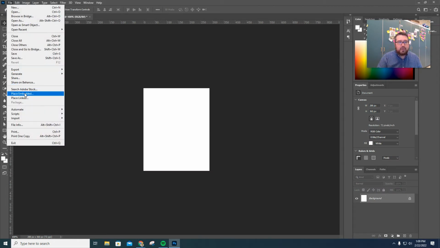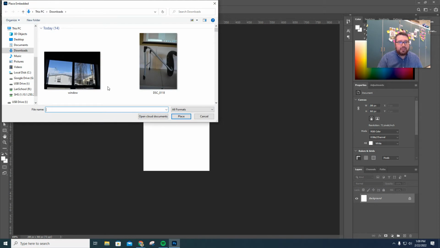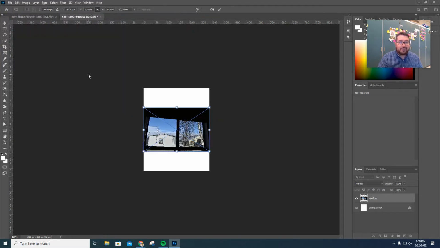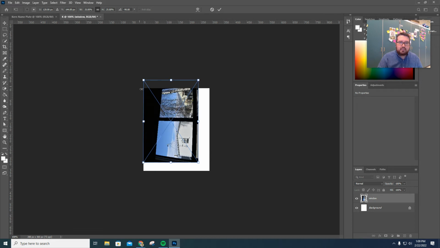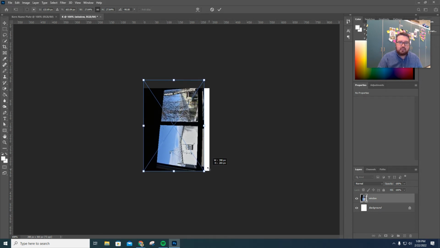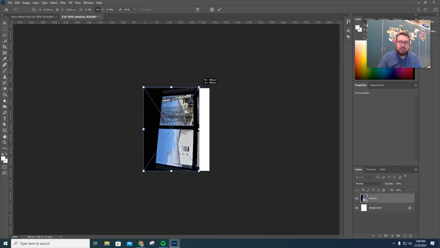So I'm going to, again, place embedded. I'm looking for my letter E, which is this window. We're going to do some fun stuff with this one. This one's interesting, okay? And I'm going to rotate it again. And I think that, again, holding down Shift, resize. This one's going to get a little bit more interesting because you can see that I got to keep that E together. It's a little bit crooked, and it doesn't fill up the space. Okay. So I'm going to hit enter, lock it in,